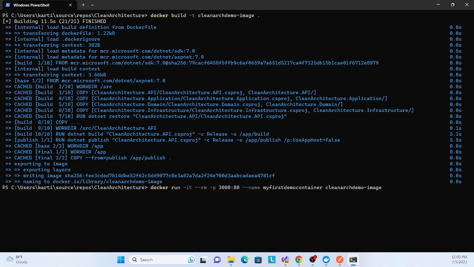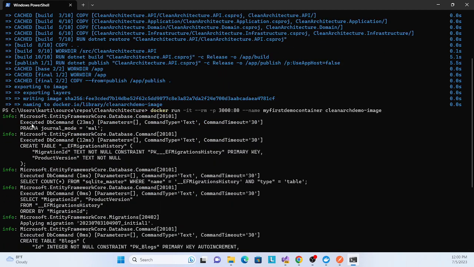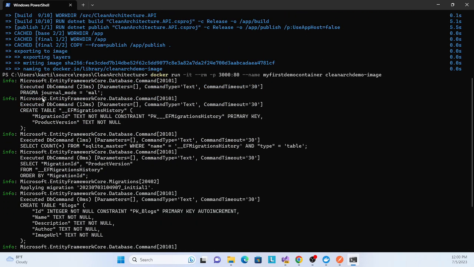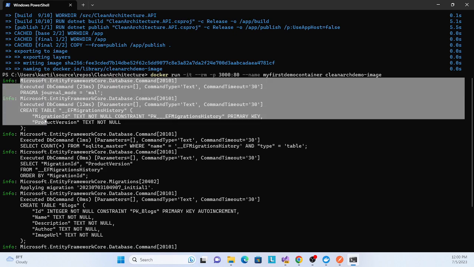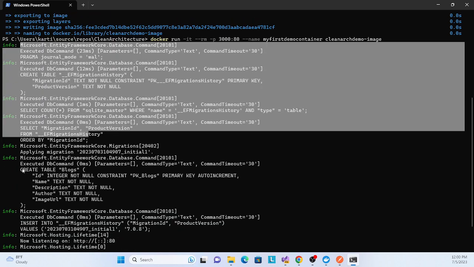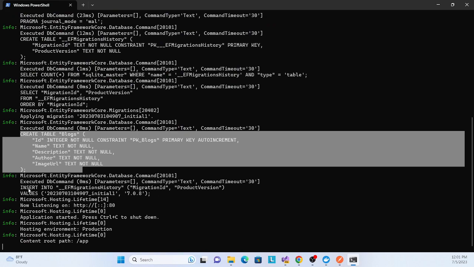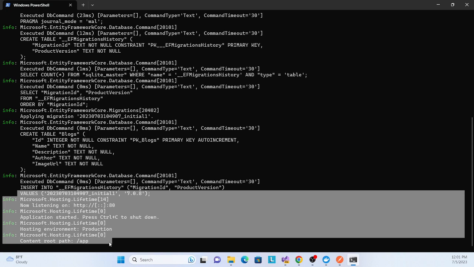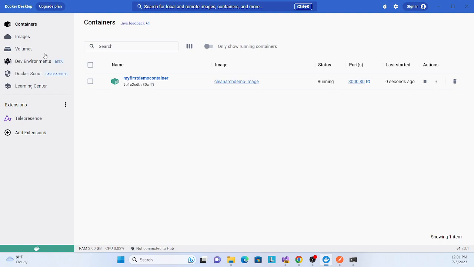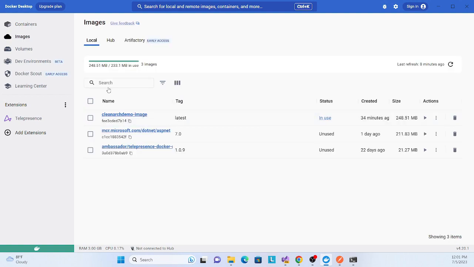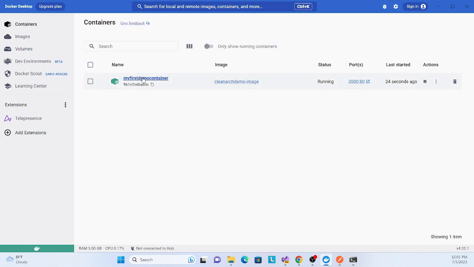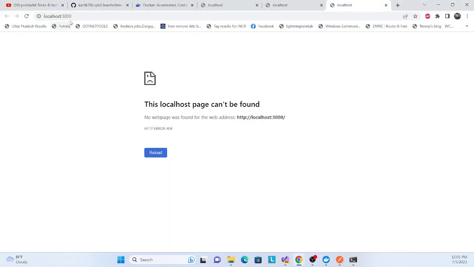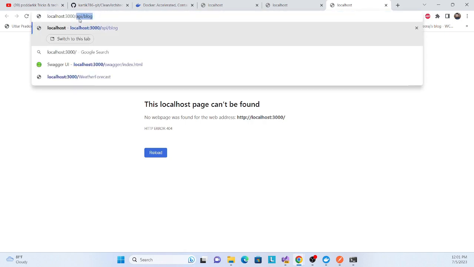Then hit enter. Now see, this time I get some logs as well. It is saying migration is running, and then creating a table. See the created table, and then it updates our DB. And finally the listener has started. So let me check here. See, the image is created again, and then the container. This container was created along with this image, so let's run this application and change the path to API block.